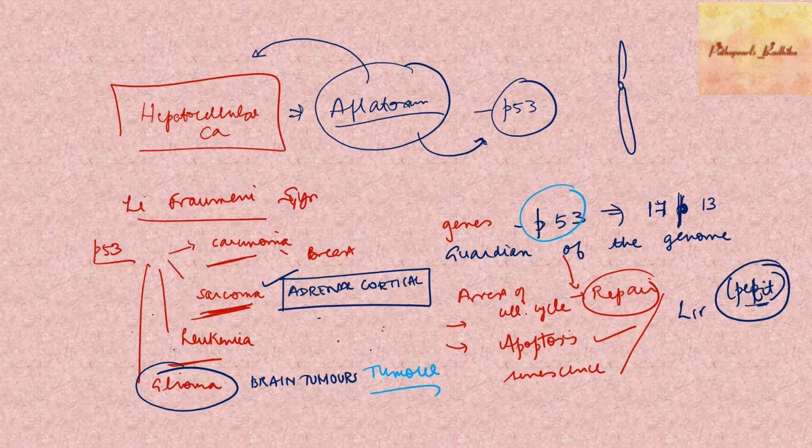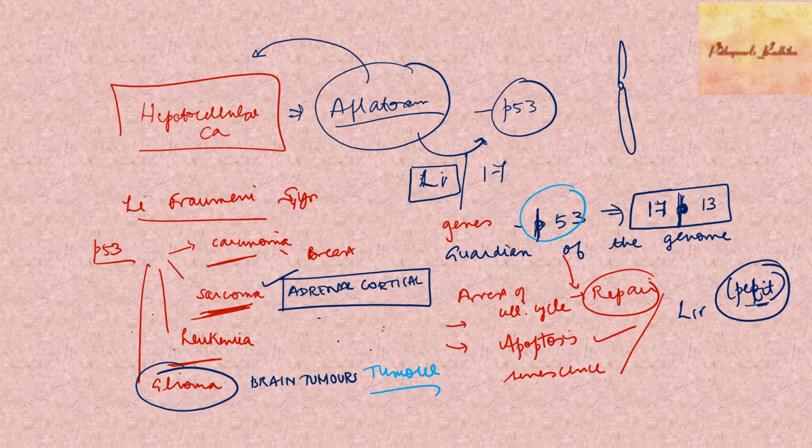So how can you remember it? One of my teachers used to tell an easy way to remember. I don't know if you find it easy, but you can follow it. Mutation in p53 can cause Li-Fraumeni syndrome. If you take a mirror image of the Li, it becomes 17. Okay, so that's the chromosome number for your p53: 17p13. Of course, certain numbers you have to memorize, but certain things you can remember if you're lucky enough to have some mnemonic.